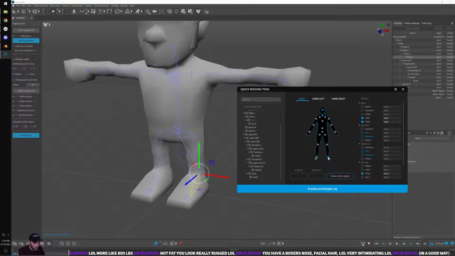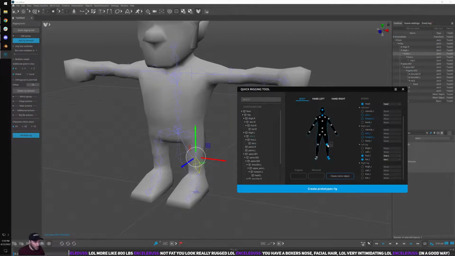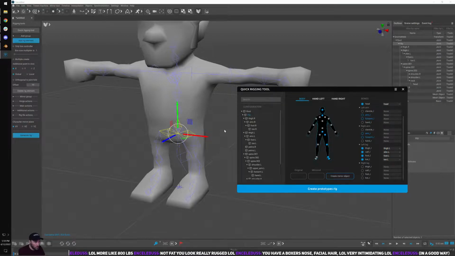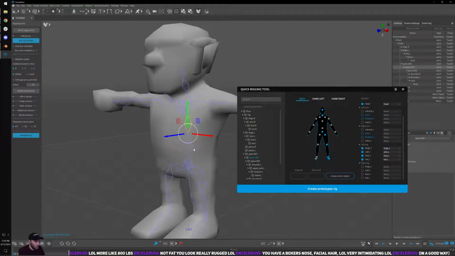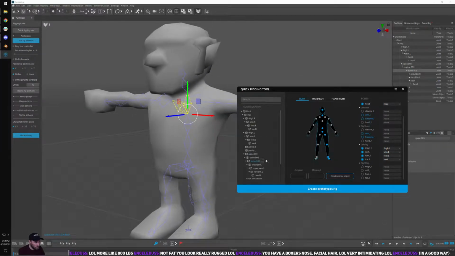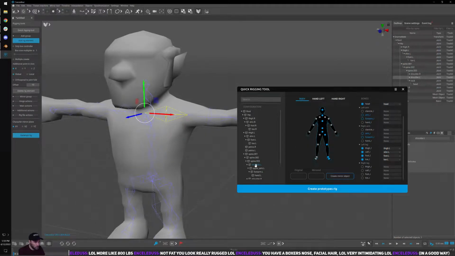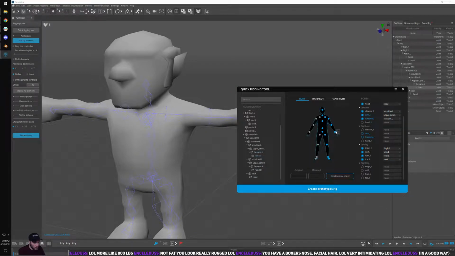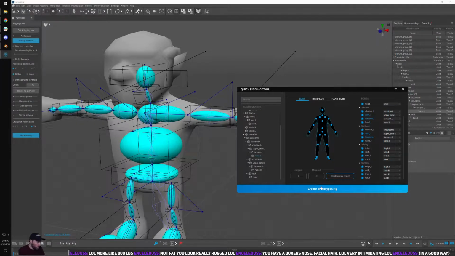Foot. Left clavicle. And we can just easily mirror these over with this cool function. Create prototype, and